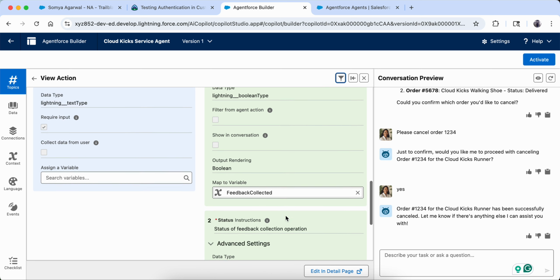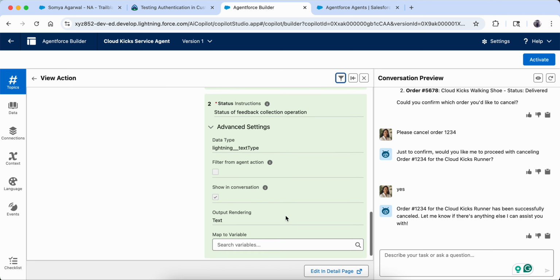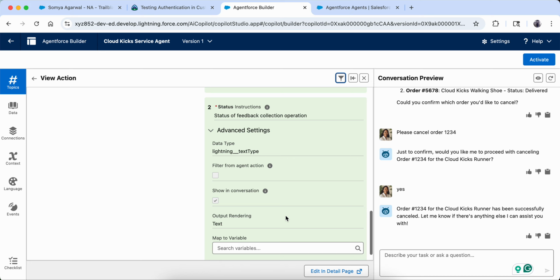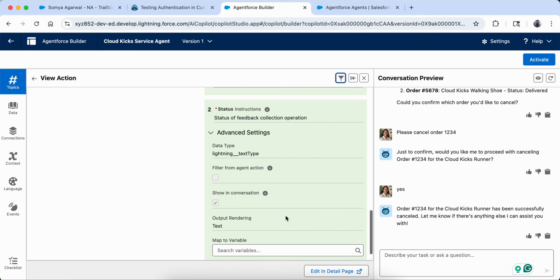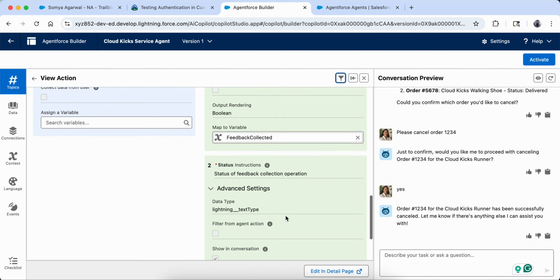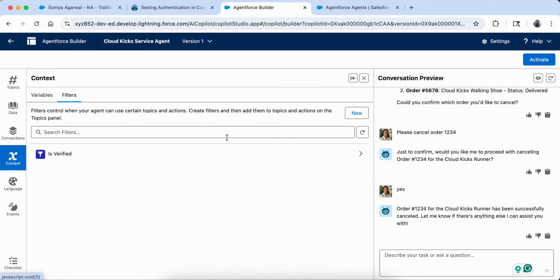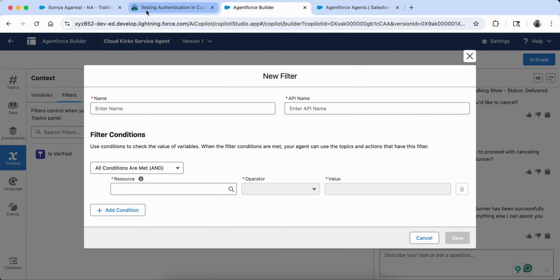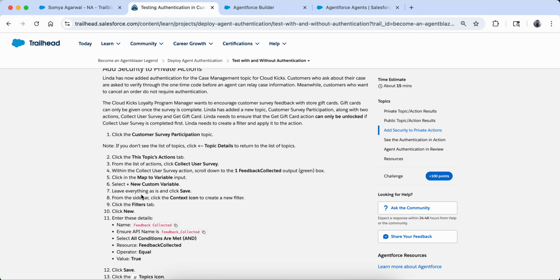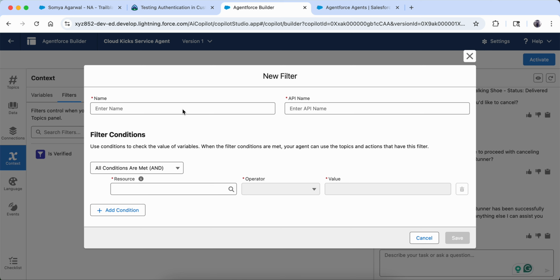Wait, first we need to add the filter, right? Because the filter is not added. So let me add the filter. What they're saying is feedback collected.